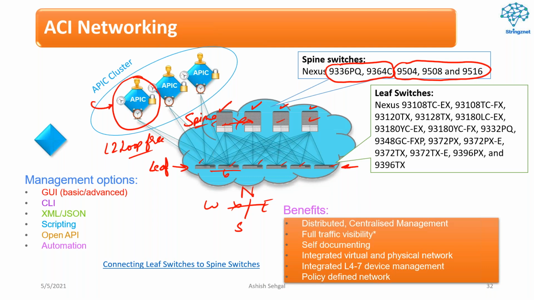series of switches. At the bottom layer, that is below the spine switches, we do have the Nexus 9300 series switches. Various models are available with regards to them. Some of the models I have mentioned over here, the detail of which you can obtain in any of the Cisco Nexus 9000 series data sheet.